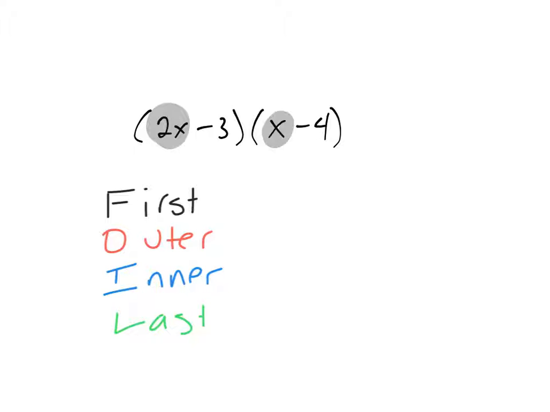each set of parentheses and multiply those together to get 2x squared. Then to take the outer terms, the 2x and the negative 4, and multiply those together to get your negative 8x. Take your inner terms and multiply those together to get your negative 3x. And then you take your last terms, the negative 3 and the negative 4, and multiply those together to get